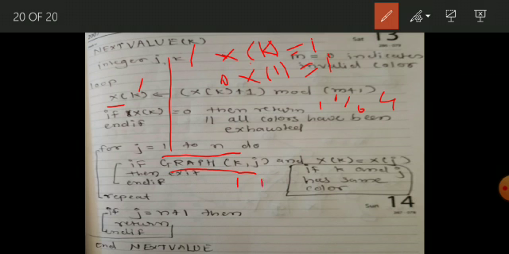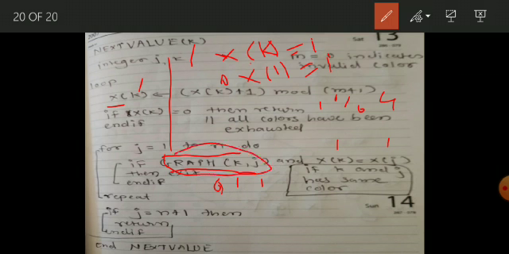In a previous slide I have shown that 1 comma 1, 2 comma 2, 3 comma 3 and 4 comma 4 all have value 0. So this graph 1 comma 1 will return value 0, that is false. We are checking another condition using AND, that is x of k equals x of j. So x of k, we have a value 1 which we have just assigned, and j is also having the value 1, so 1 is matching with 1. But the first condition is false.